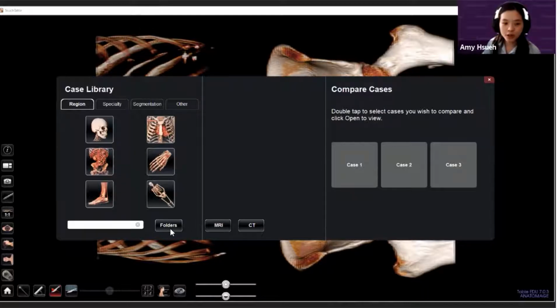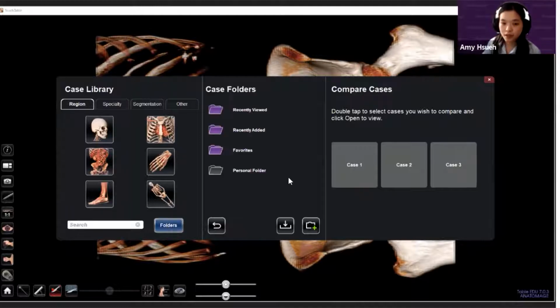And so we also have, to help you get started, this folders function. Down here in the corner next to the search bar, we have folders. Within folders, you'll see 3 purple folders, and those are like our default Anatomage folders. It goes by recently viewed, which will, of course, have all the cases that you most recently viewed. And it will also have recently added, which has all of the latest case library cases that were added to